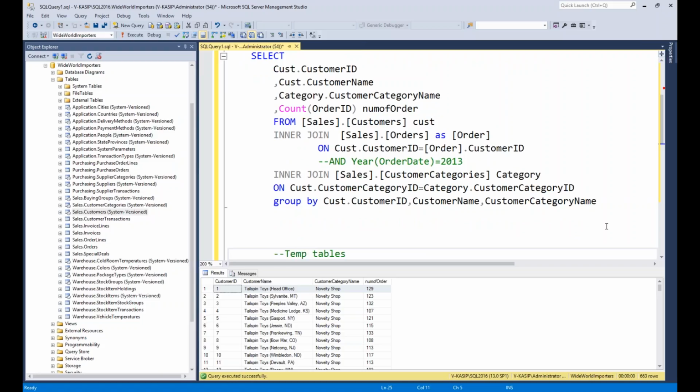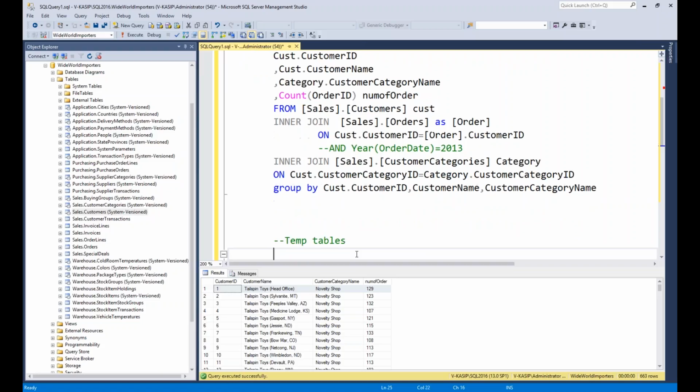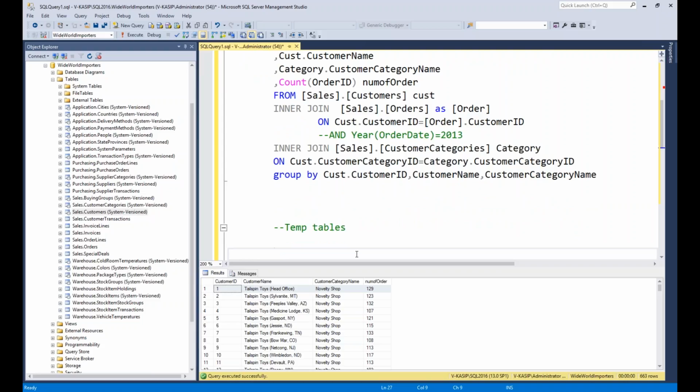Okay. So before going to the temp tables, let me give you this. I have one table where I have the customer IDs. I have another table where I have the orders, right? Suppose I want to get all the customers who have orders without the joins. Can I write it?